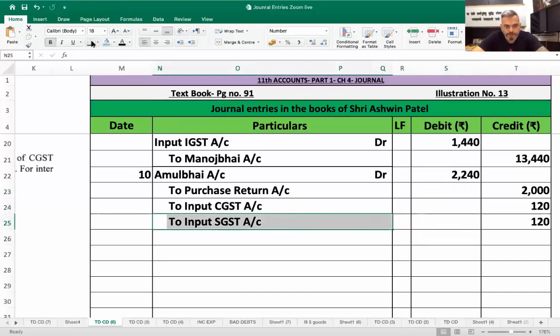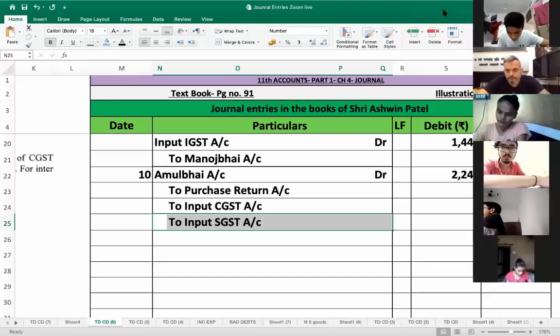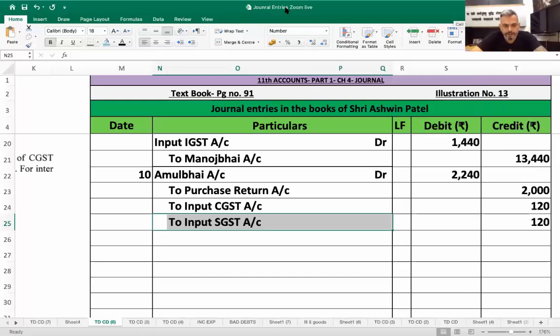Any doubt, anyone? All of you understood this? Should I proceed? All of you understood the 10th one? Okay, be careful. Whatever you used in purchase, use the same in purchase return. Okay. Now next one,